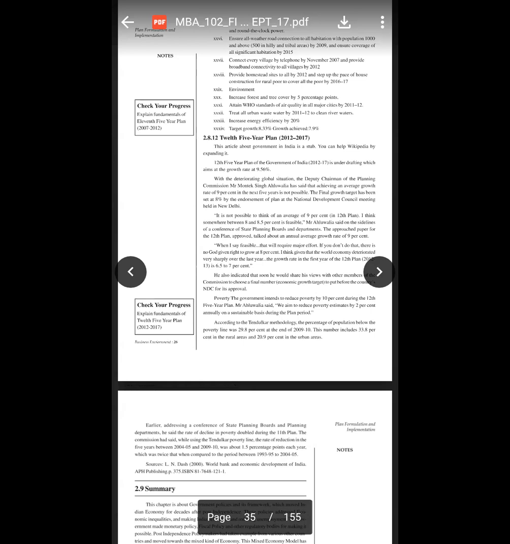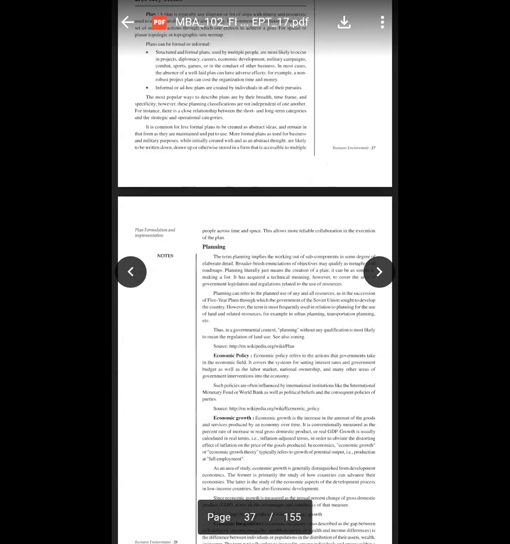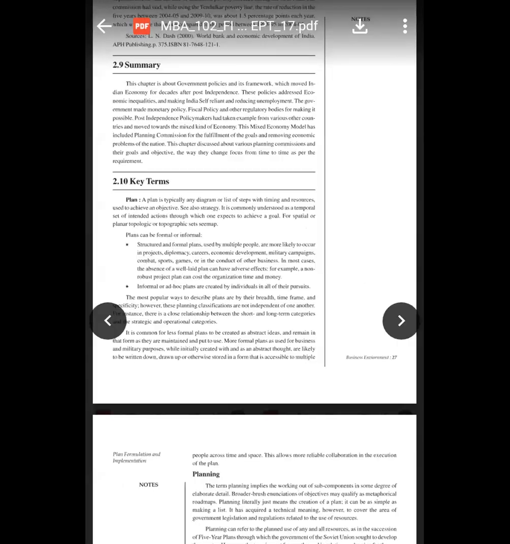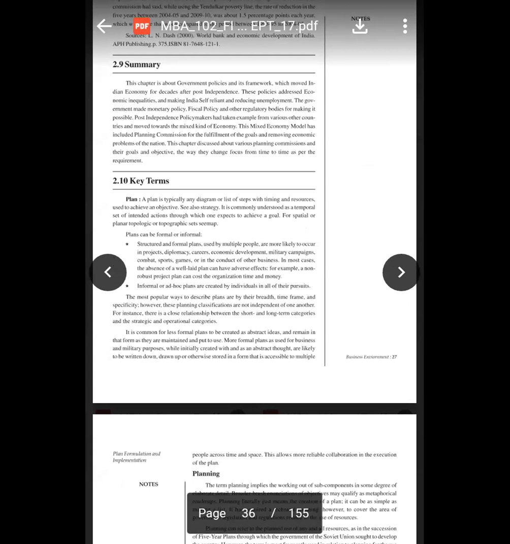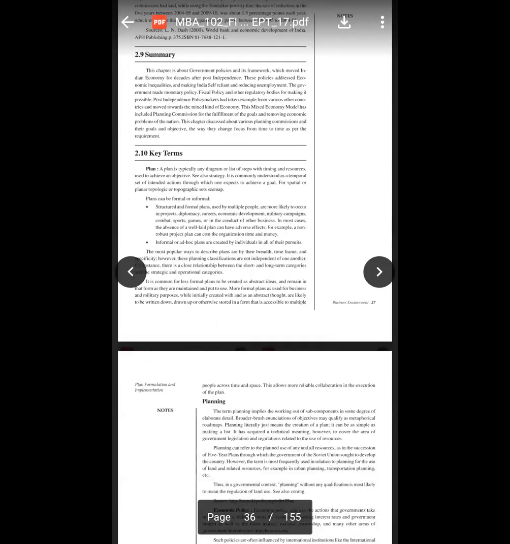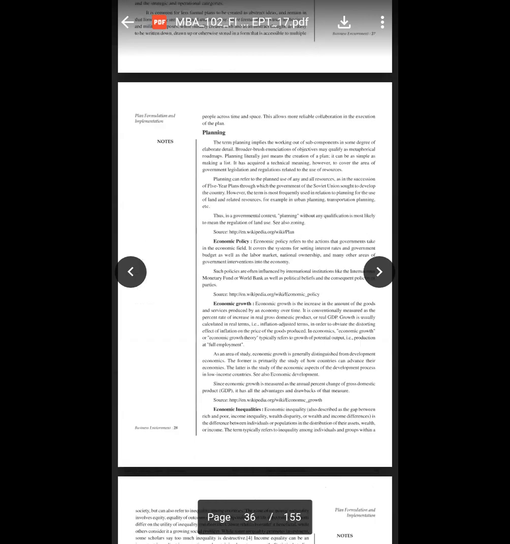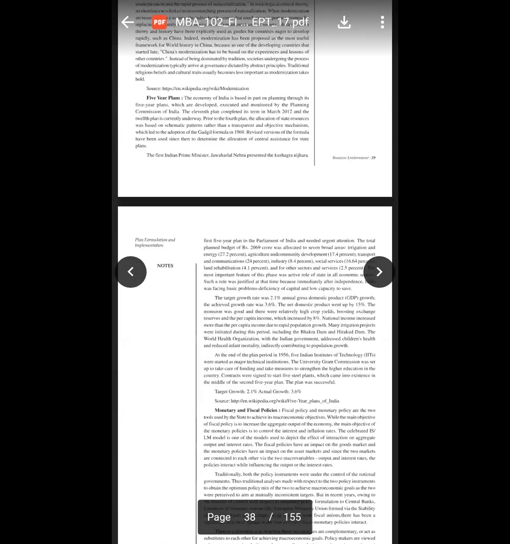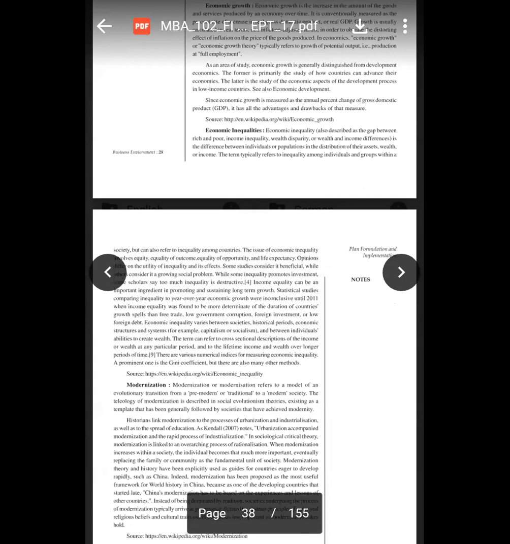Okay, now this is the second chapter that we have seen. Over here we have seen about government policies, the government rules and regulations that we have seen. Now we are going to see the third chapter, which is the industrial policy and resolution. Okay, in industrial policy and resolution,